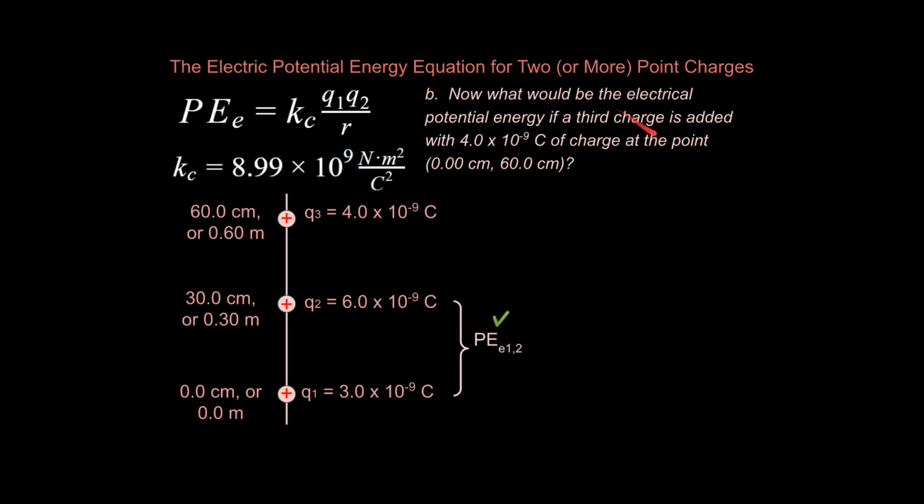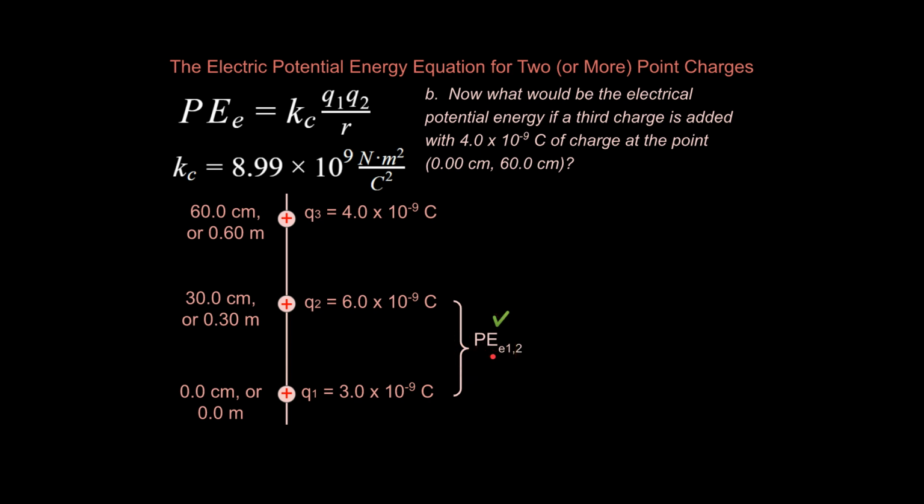Okay, and so if we take a look at part B, it says now what would be the electrical potential energy if a third charge is added with this amount of charge at the point 0, 60 centimeters. So I've gone ahead and updated my drawing here, which is something you would think about doing with the new required information. And I'm going to add to my drawing this, saying, well, I've already solved for the potential energy,